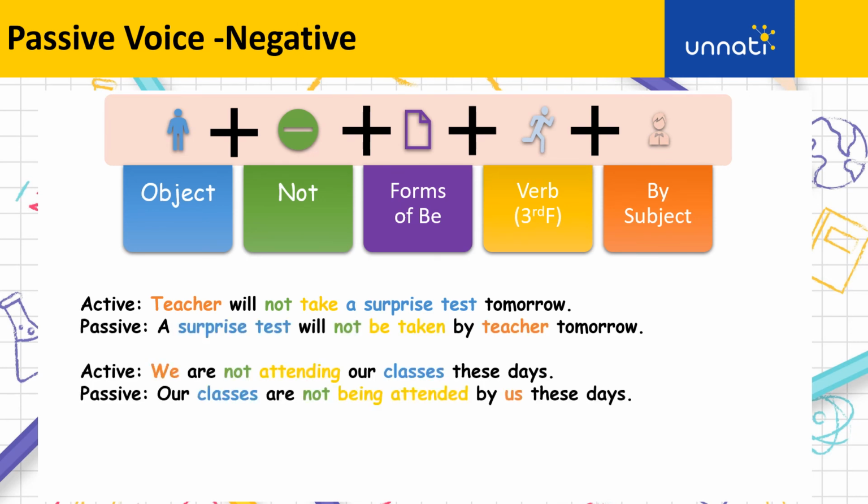So now it's time for negative sentences in passive voice. What's the formula? We have the object to begin with, plus the form of be verb, plus not, plus third form of the main verb, plus by subject. So let us look at examples. Teacher will not take a surprise test tomorrow. This is in active voice. In passive voice, we would say